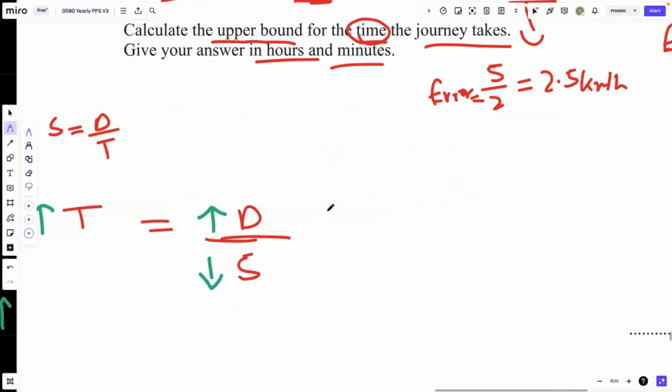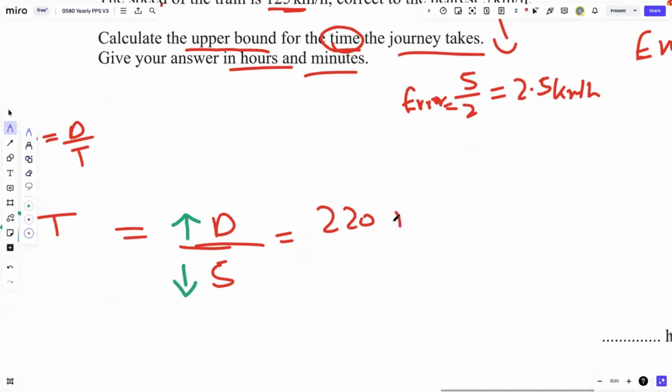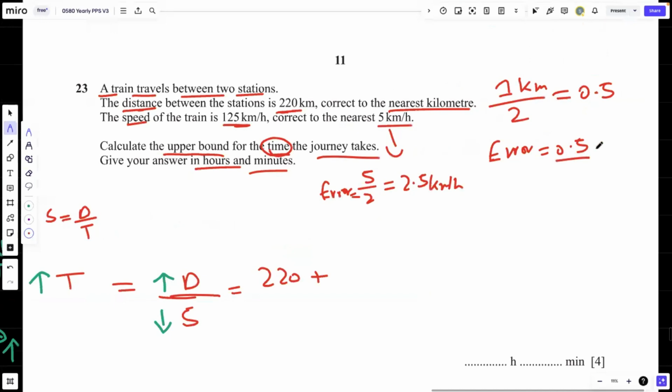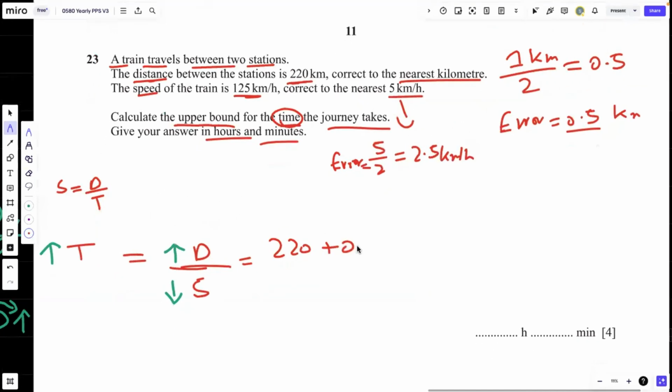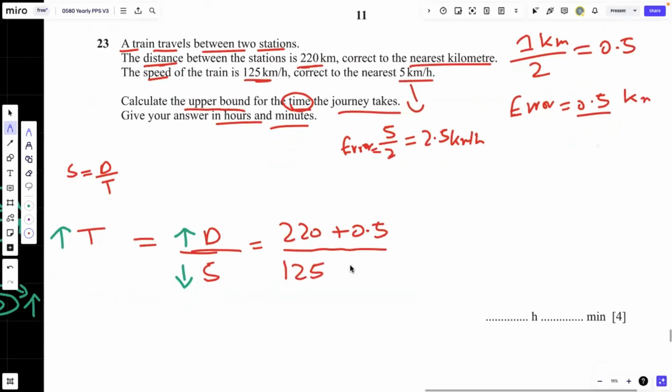So the upper bound for distance would be, since distance was 220, for the upper bound we add the error. The error that we found for distance was 0.5 kilometers, so that's 0.5 added. And for speed, 125 was the original value, and for the lower bound we subtract the error, which is 2.5 for speed. Then we just find the answer using the calculator. So this is going to be 220 plus 0.5 divided by 125 minus 2.5. So that's going to give you